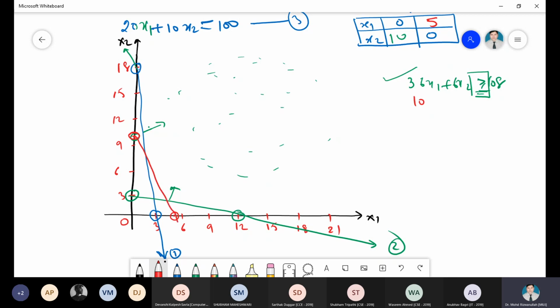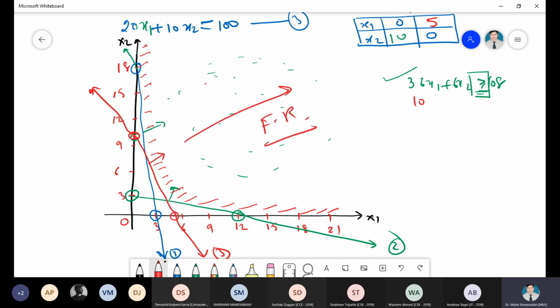And then this is the third line. Again it's a feasible region, because it is also in the greater than sign. So your feasible region will be like this. Now see, this is your feasible region. You can shade outside of this region. When you take any point in this infinite region, all these points will satisfy your inequality constraints.